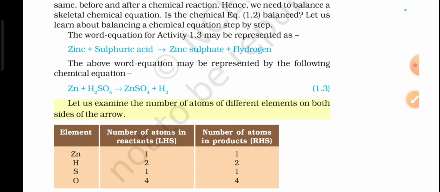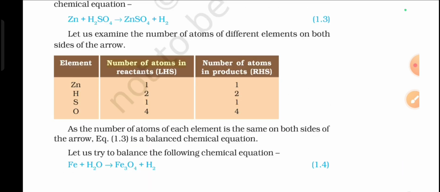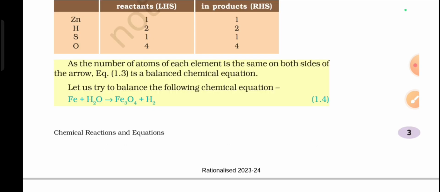Let us examine the number of atoms of different elements on both sides of the arrow. Element: zinc, H, S, O. Number of atoms in reactants (LHS): 1, 2. Number of atoms in products (RHS): 1, 2, 1, 4, 1, 4. As the number of atoms of each element is the same on both sides of the arrow, Eq. 1.3 is